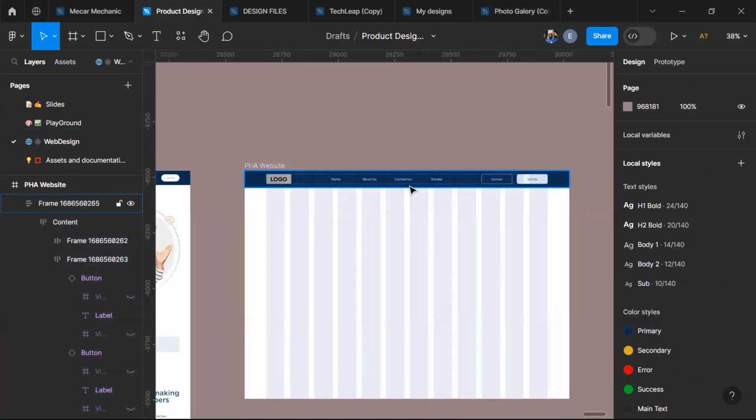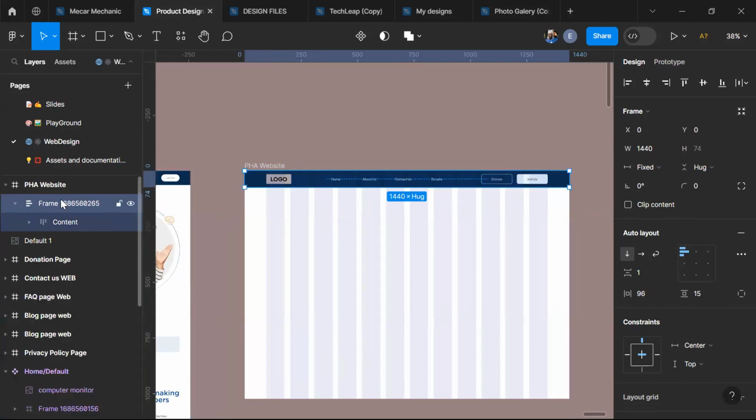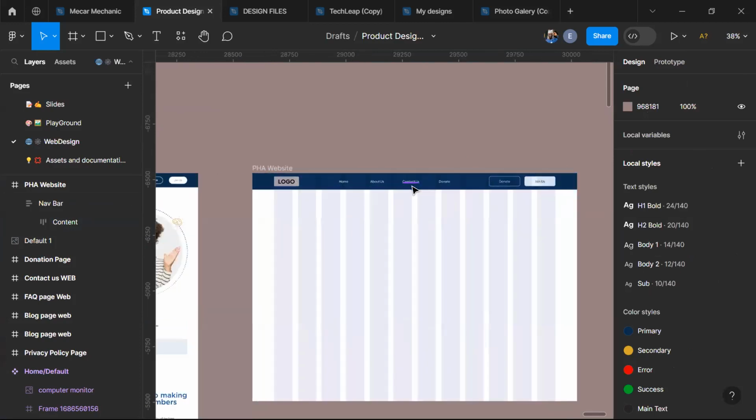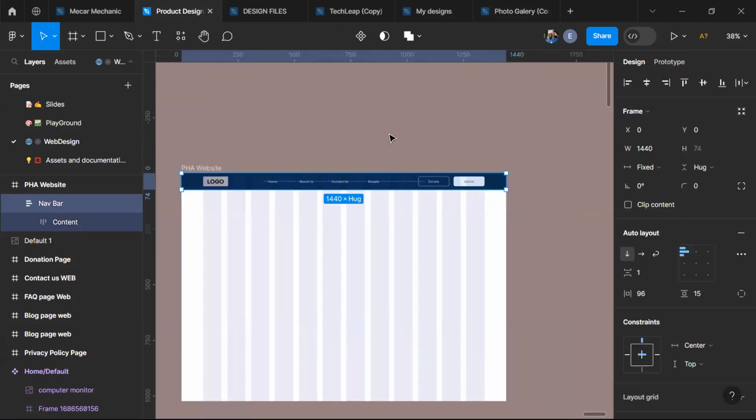Right now, we are done with the navigation bar. I can just come here and name this as nav bar. Then we are done with the navigation bar. So like I said, master auto layout very well, please. It's going to be very easy. It makes life easier for you when you are designing for